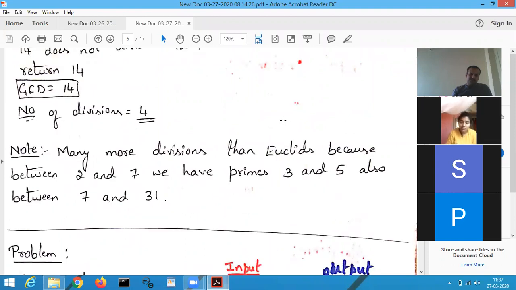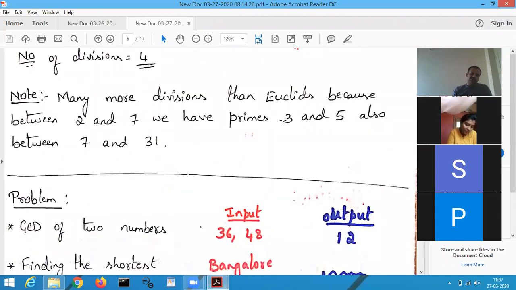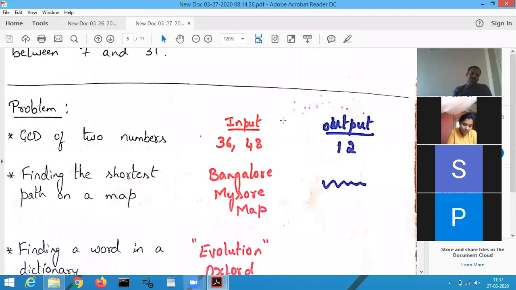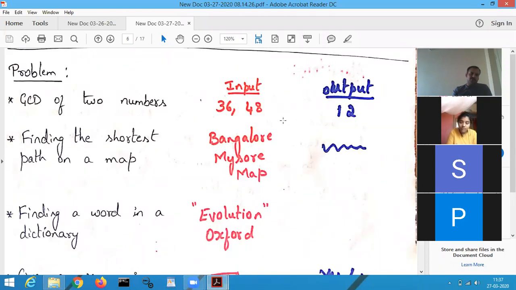After that, let us see some basic definitions. Before we go deep into the subject, let us see some basic definitions. First, let us see the meaning of a problem. Let's take one example. Before I give the definition of a problem, first let us see what we mean by a problem.